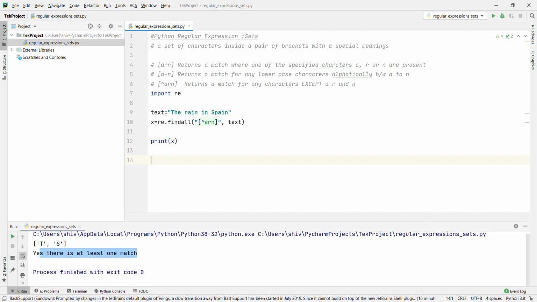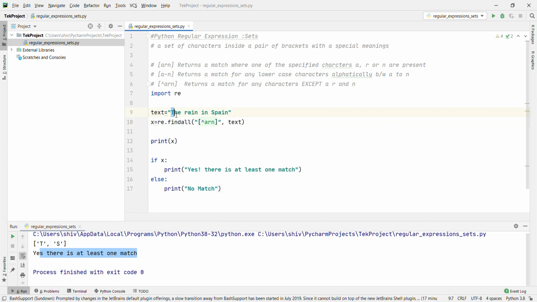And if x, print yes, there is at least one match, else print no match. Then what will it print? It will print everything except A, R and N.